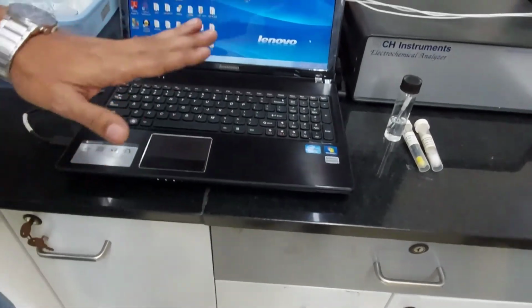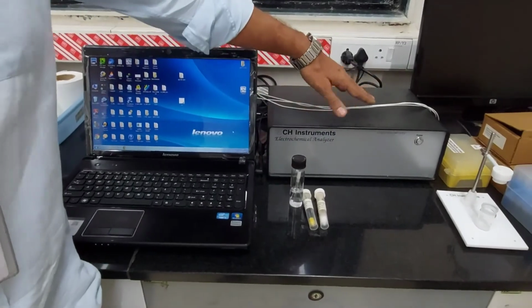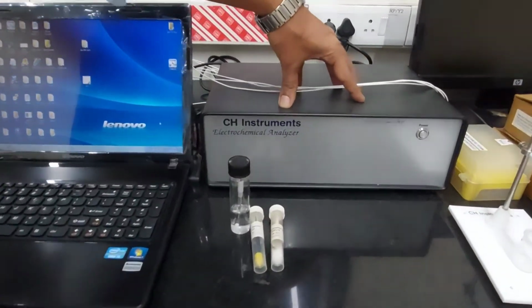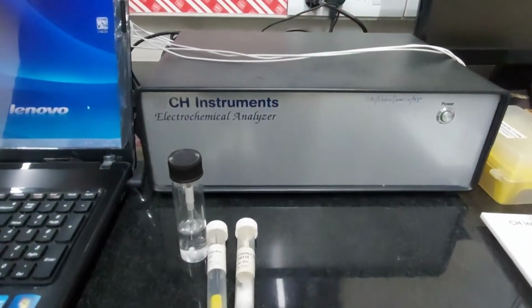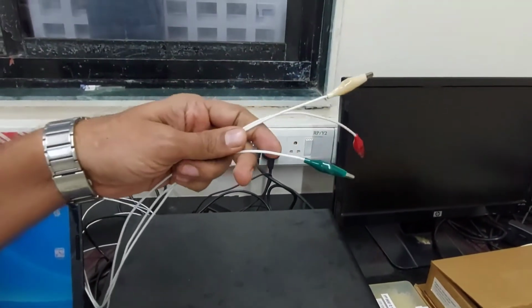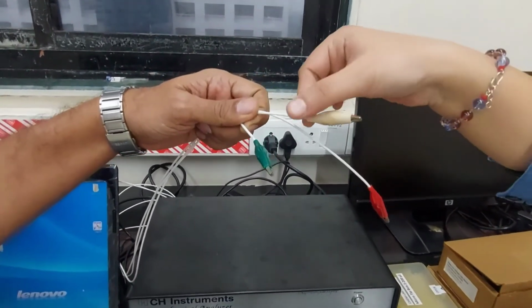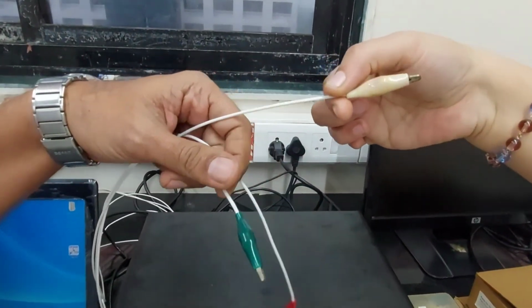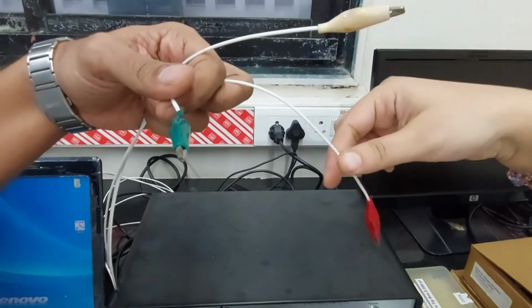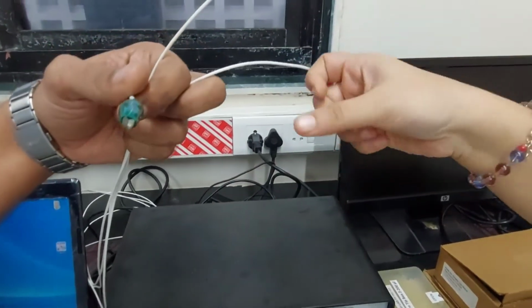So this is the basic setup. A very simple black box, what you would see here is our cyclic voltammetric instrument. And as I said, it's a 3 electrode system, right? Sonali, which is our reference electrode? This white wire, this is reference electrode. Right, which is the working one? Working is green, and that's the counter electrode, yes.